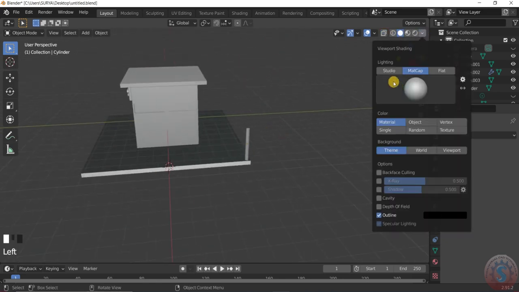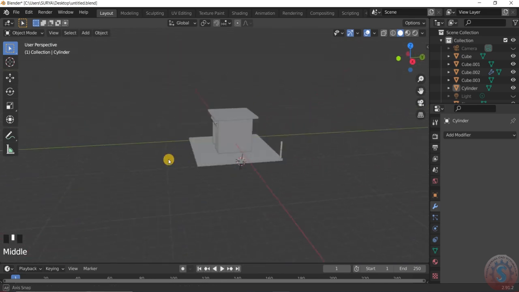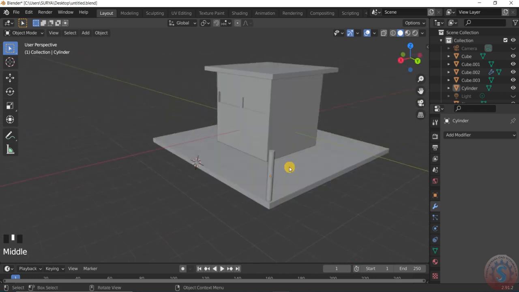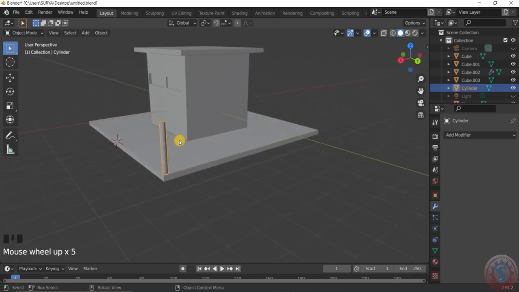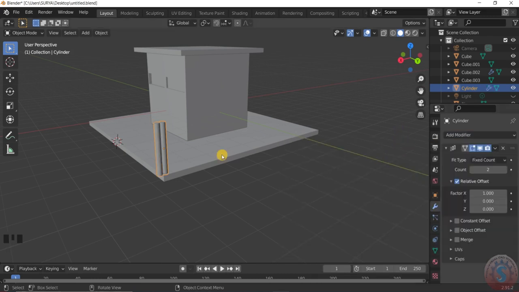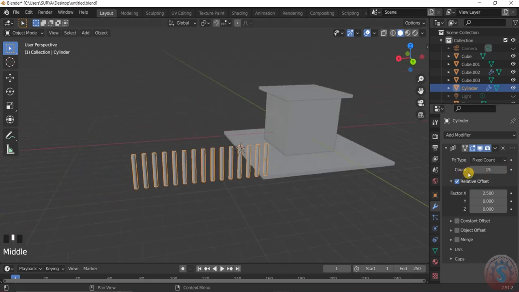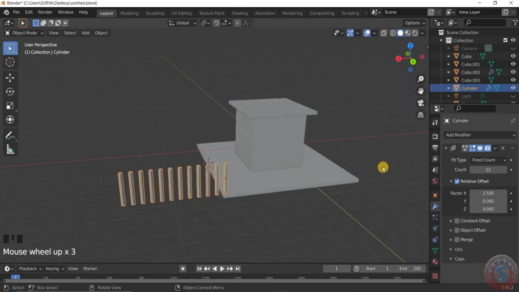You can also turn on the Matcap Studio option to make this visible. Then after, select the cube and cylinder, go into the add modifier and give the array modifier here. Give the distance of X to 2.5 and give the count, for example, I'm giving 15. You can also increase or decrease this, and 12 I'm giving, and go into the merge option here and go